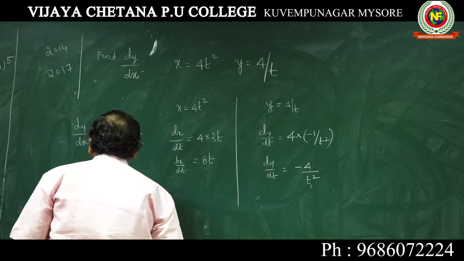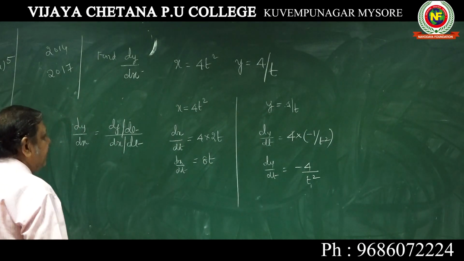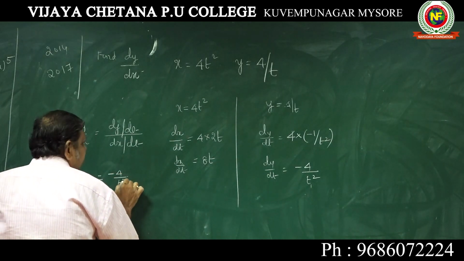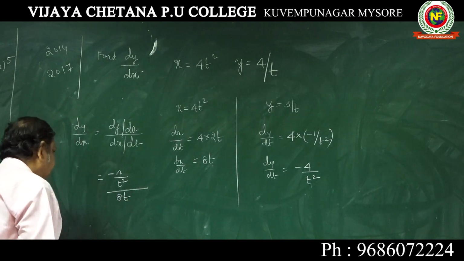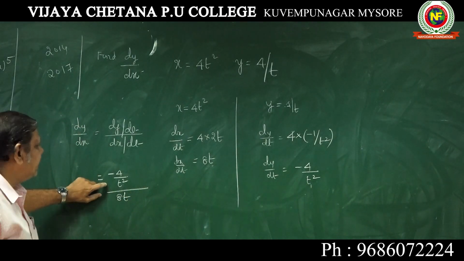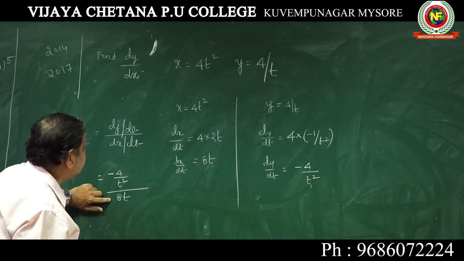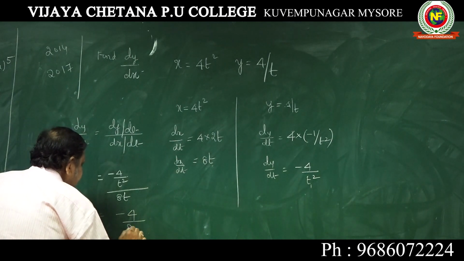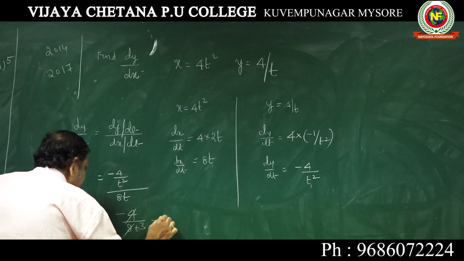Now dy by dx is equal to dy by dt by dx by dt, or it is minus 4 by t square divided by 8t. See here, very important thing: dy by dt is minus 4 by t square, divided by 8t, dx by dt, or it is minus 4 by 8t into t square, 8t cube, or it is minus 1 by